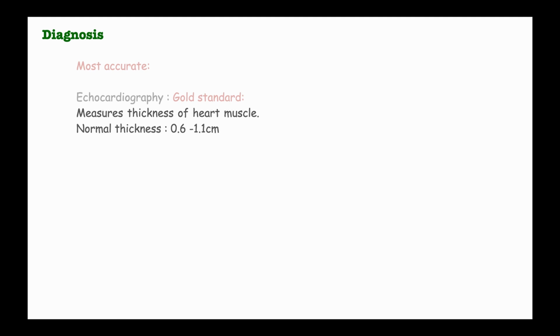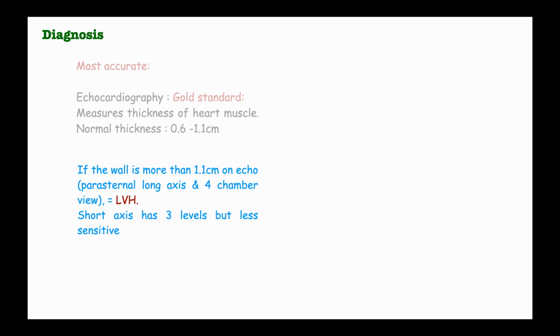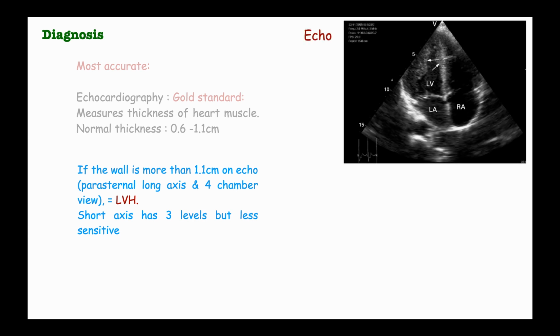Now, any measurement which is more than 1.1 centimeter on echocardiography using the parasternal long axis and four chamber view will indicate left ventricular hypertrophy. We also have the short axis view, which has three levels but is less sensitive. Now, when we look at the diagram on our right, what we find is that the left ventricle is hypertrophied